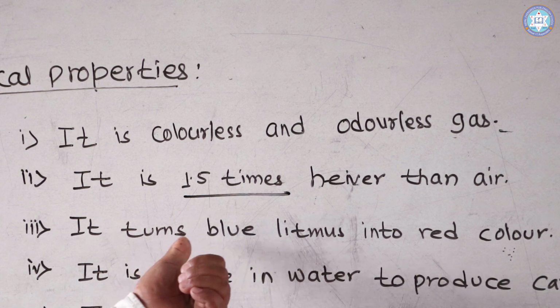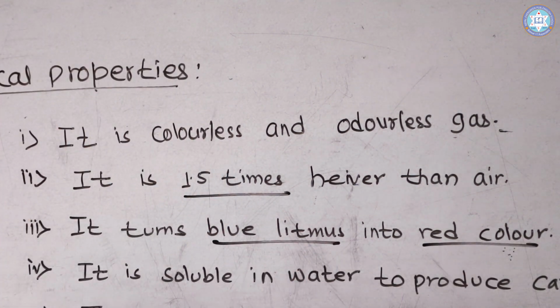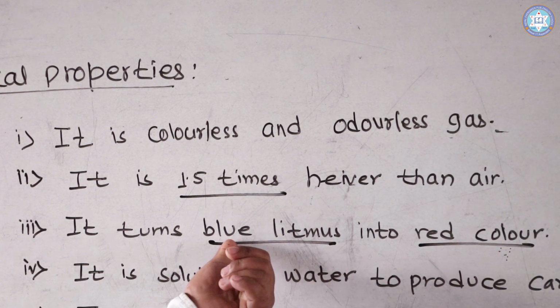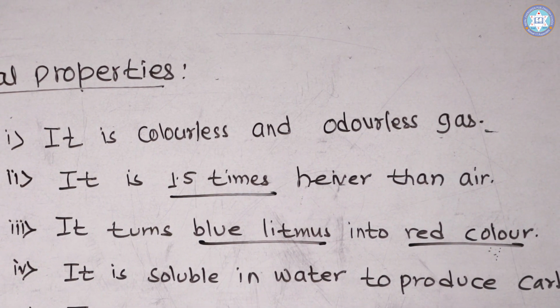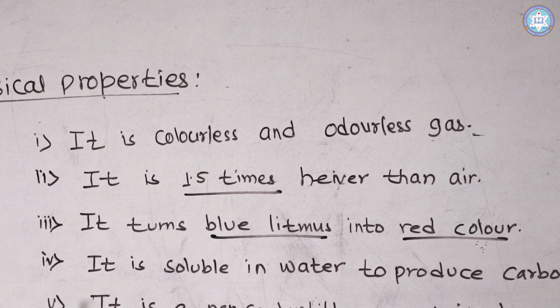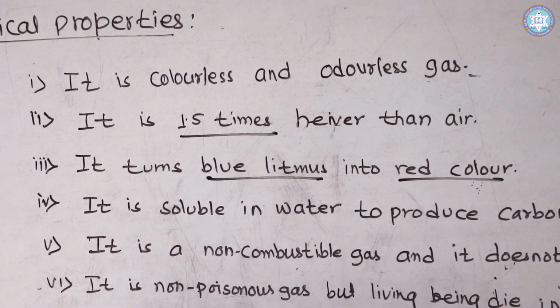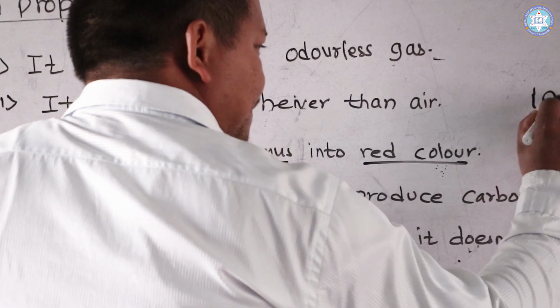It turns blue litmus into red color. Litmus is one of the indicators. हामीले क्लास 8 मा पनि पढिसकिएको छ है। इन्डिकेटरको बारेमा मिथाइल ऑरेन्ज, लिटमस पेपर अनि phenolphthalein पढेको।